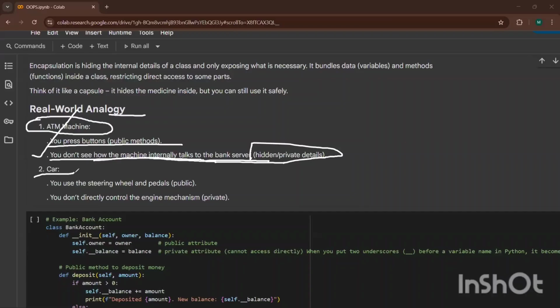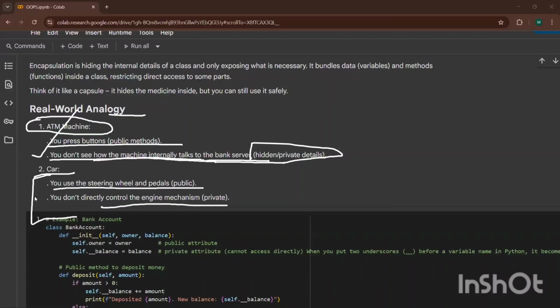In cars, you use a steering wheel and pedals to drive the car, but you do not directly control the engine mechanism. You can just use the steering wheel and pedals to control your car. This is known as encapsulation.